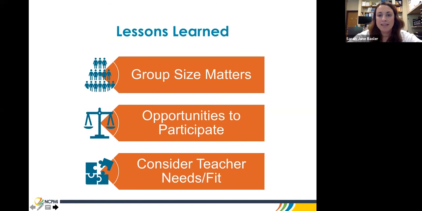And it wouldn't be a project if we didn't learn some things. We learned a lot through the process of testing this model. We found, as ML mentioned before, that group size really matters. We had a variety of group sizes ranging from as small as 5 to as large as 10. And it's important that you have a group that's large enough that if a couple of people are absent, it doesn't make a huge difference.